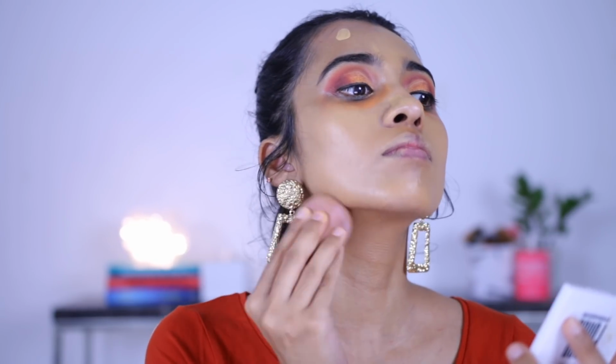I really like how this foundation looked. It's not emphasizing any dry patches. It was so smooth, glided onto my skin, and was not emphasizing any texture, and not even my forehead lines, which most foundations settle into on my forehead and make look really bad and prominent. But this foundation is not doing that, and given the price, I am so impressed with the shade range,